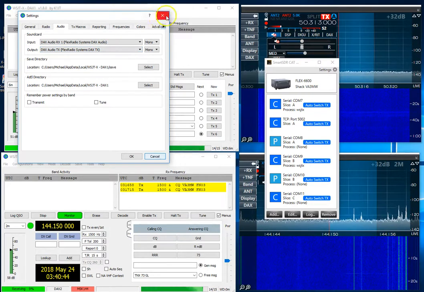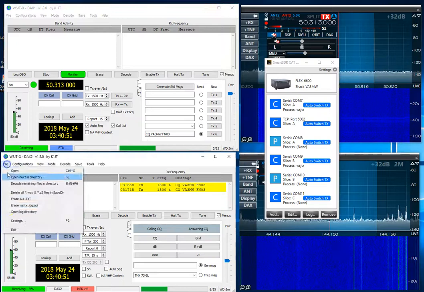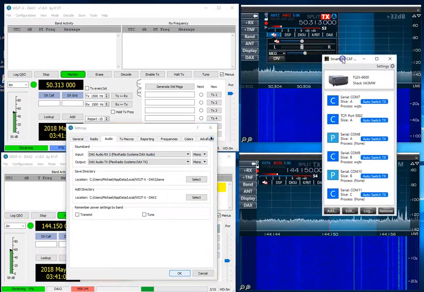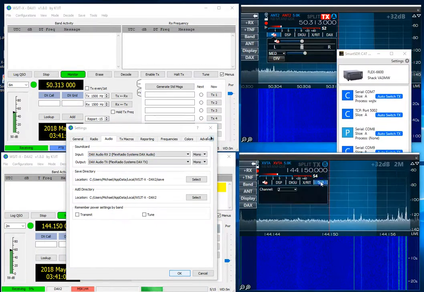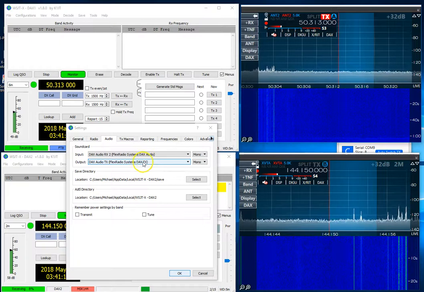So we're okay with that, and we'll get rid of this. And if you look at the configuration for settings, you'll see that we also have the differences here. The audio is RX2, and if we slide this out of the way, you'll see that DAX is RX2. On the 6 meter one, it was channel 1, and on the transmits also is the exact same channel, because